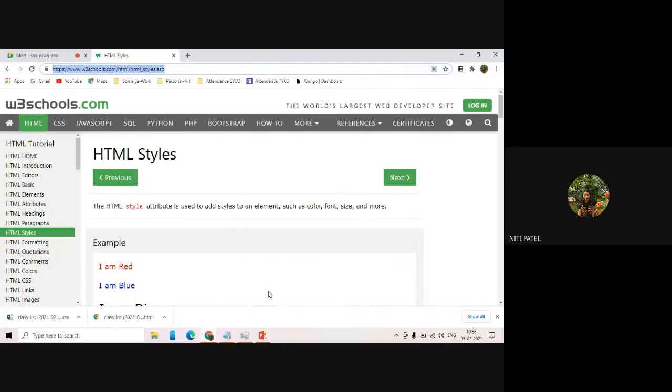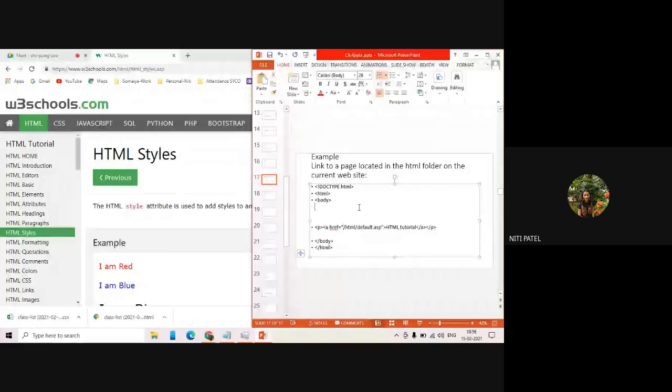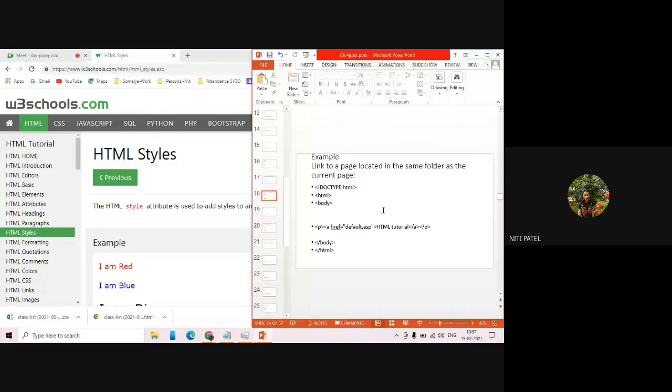Are you understanding? Okay. If you don't remember it this way, make a practice of writing the entire URL. No problem. But in that case, you have to understand that the first part is the current website. After the first slash, the second part is the folder, and after the second slash, the remaining part is the particular page inside that folder. Yes or no? Okay. Now again, see the next concept.